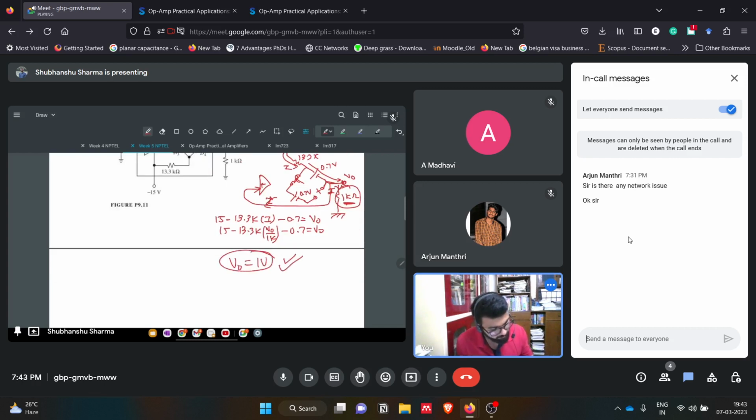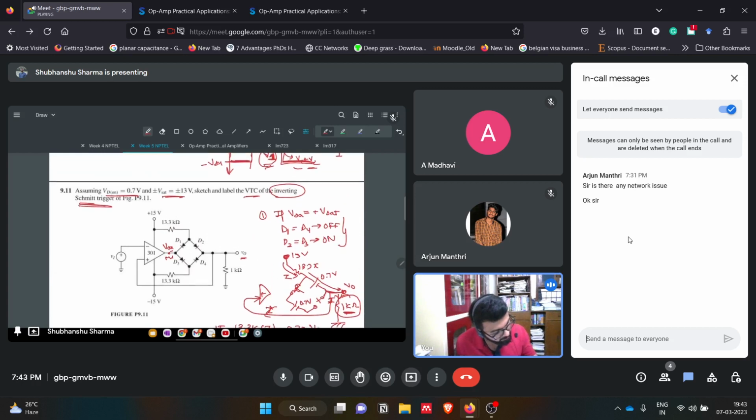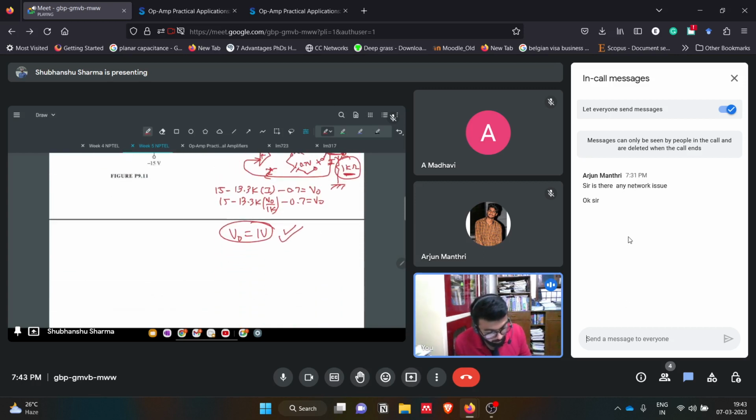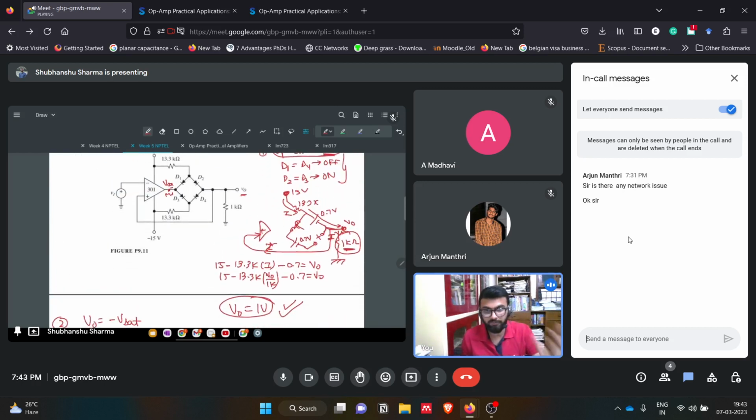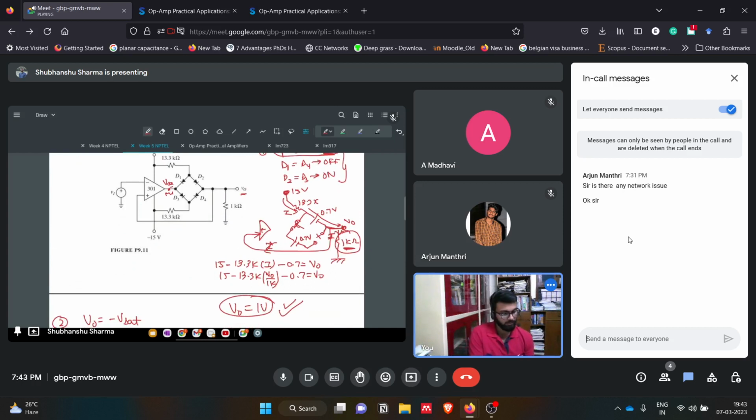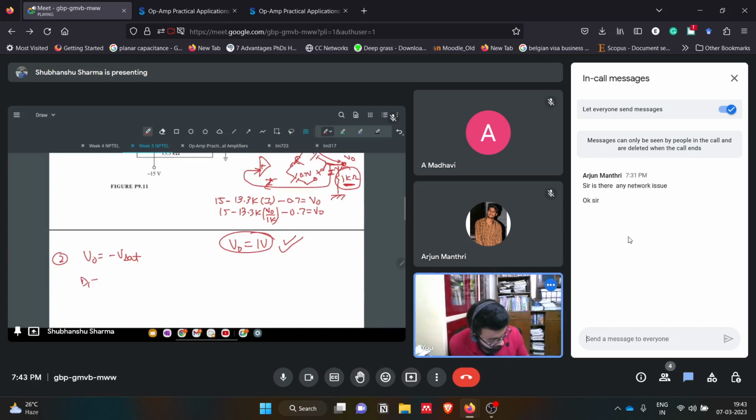Okay, so this is the condition when we assume V naught A, the output of the op amp, is at plus V saturation. So what will happen when the output is at negative V saturation, V naught A equals minus V saturation? The diodes which were on will get off, and the diodes which were off will get on. So D1 and D4 will get on,